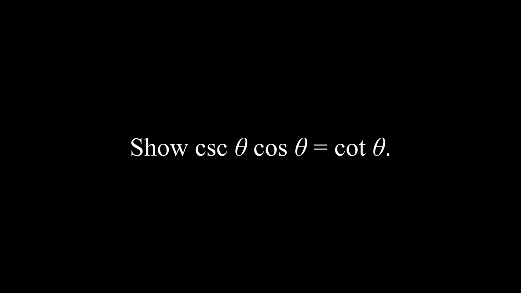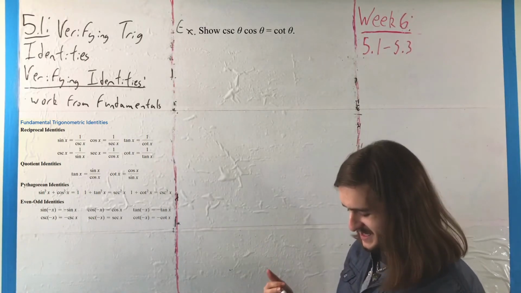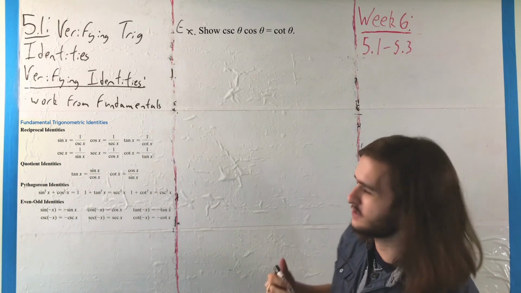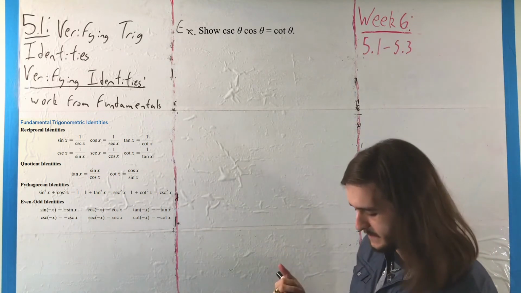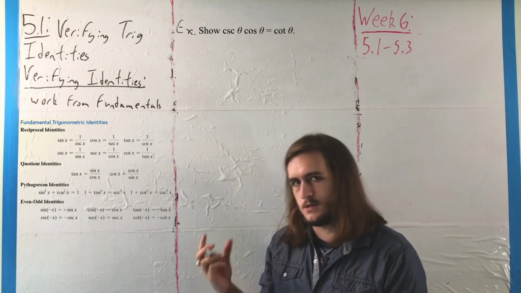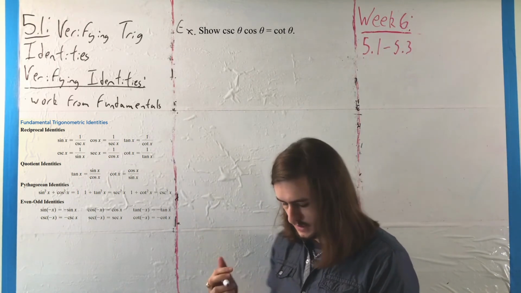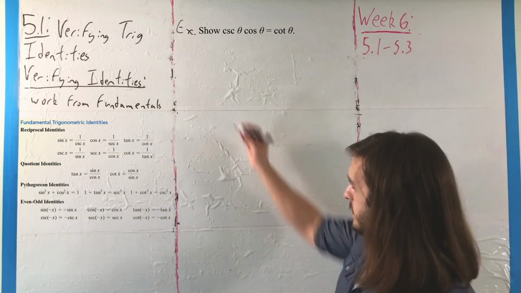So our first example here is going to be showing that cosecant times cosine is equal to cotangent. Well, if we want to show that, what we want to do is usually take the more complicated side and see if something simplifies by chasing some details around. So, well, we have